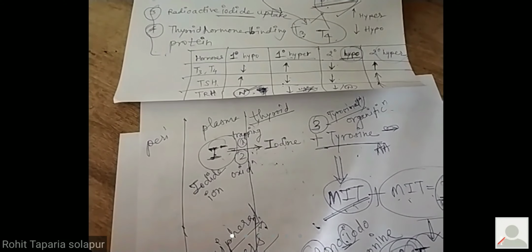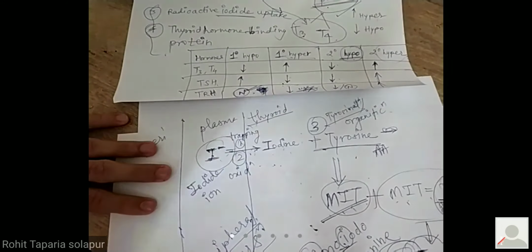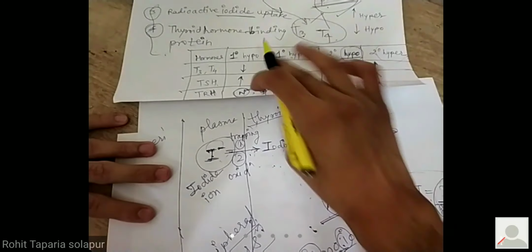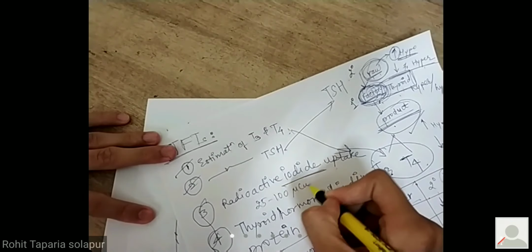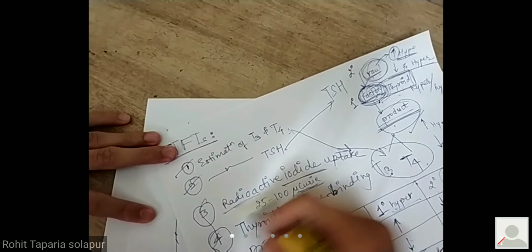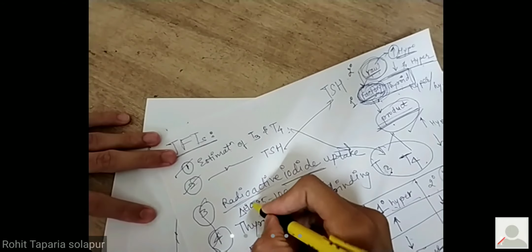They will inject around 3 to 6 millicurie, but for diagnosis they will use 25 to 100 microcurie. I'll tell you, see, these are all details, nobody will ask you in first year, but you should still keep them in mind. Curie is the unit of measurement of this radioactive material. This is given for diagnostic purpose. Means what? This is the diagnosis we are doing in the thyroid function test.